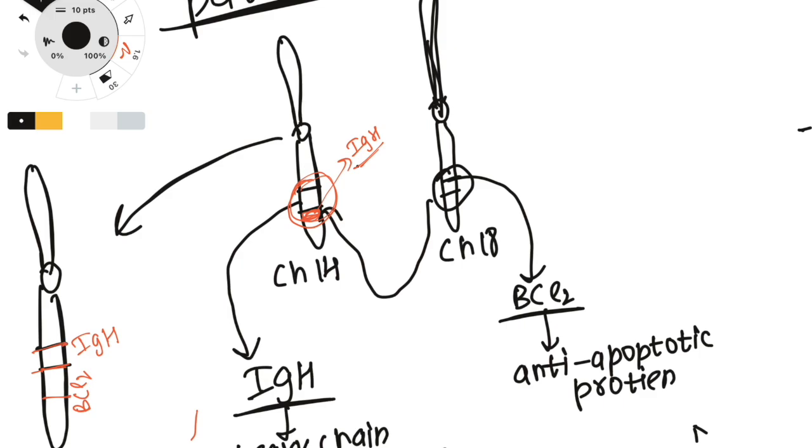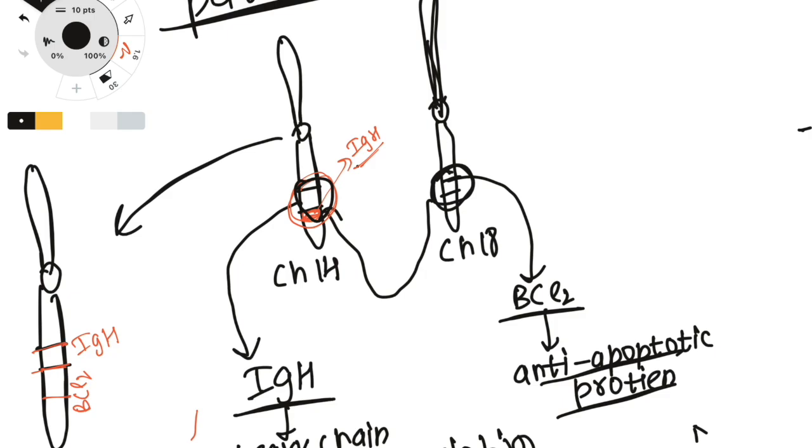What happens is that there are two chromosomes, chromosome 14 and chromosome 18. There is a gene locus on chromosome 18 here called BCL2, and here is chromosome 14, which codes for what is called IgH. IgH codes for the heavy chain of immunoglobulin, the antibody, and the BCL2, as we know, is the